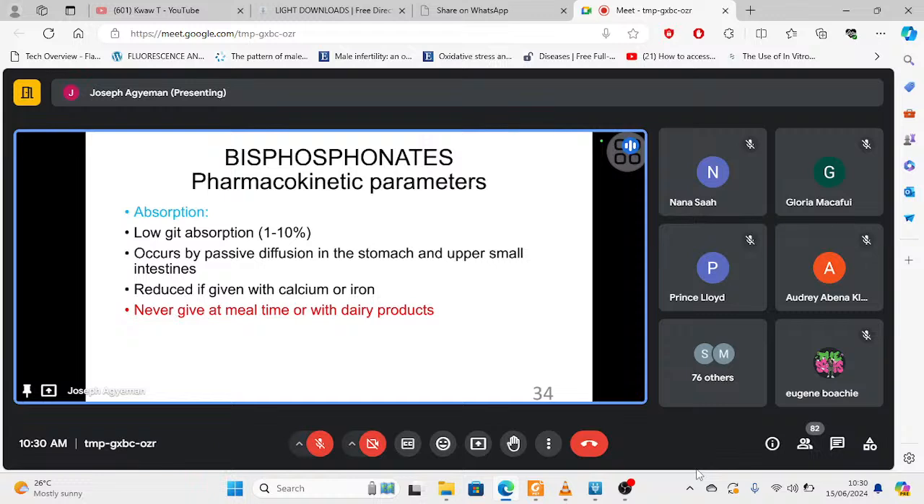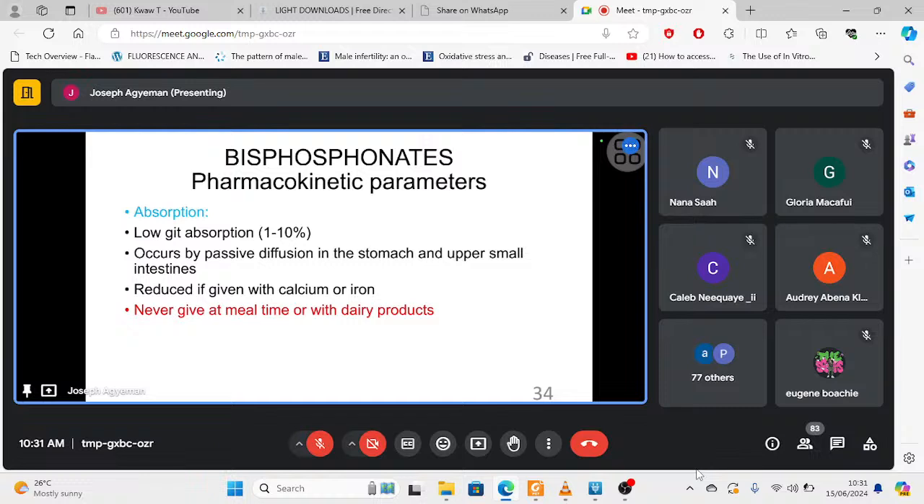A little bit of kinetics. Now, these agents, when it comes to absorption, is not encouraging, about 1 to 10% of their absorption. Meanwhile, this is just enough. This low level of absorption is still enough to do the work. It occurs via passive diffusion. But the problem is that if you take bisphosphonate with metals like calcium or iron, then it can inhibit bisphosphonate absorption. That means you are not going to get even that 1 to 10%, and that can affect its activity,